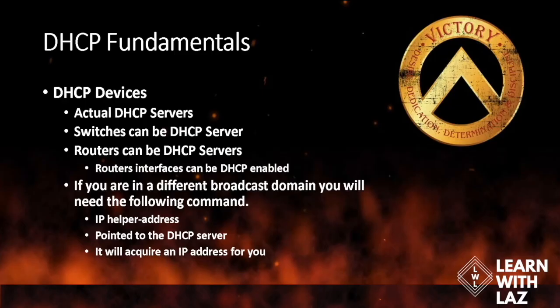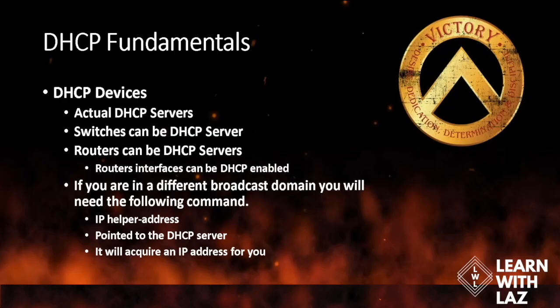But now, and you're going to see this as well, if you're in a different broadcast domain, you need to type the following command, ip helper-address. And after that, you don't hit enter, but after that, you put the IP address of the router. If you're using a router, in this case in the lab, we're using a router as a DHCP server. You need to point it to that server, but you've got to look at where you're at and which way the traffic is flowing. So you put the nearest IP address of that router, because that router has multiple interfaces. In our case, I think it's 10.1.5, but you'll see in the lab.